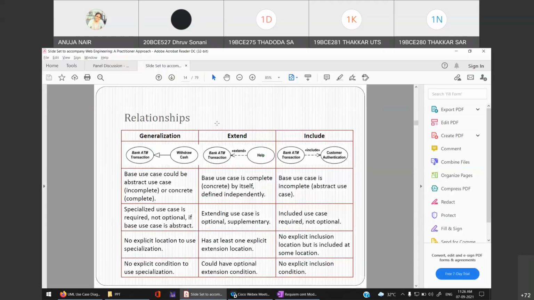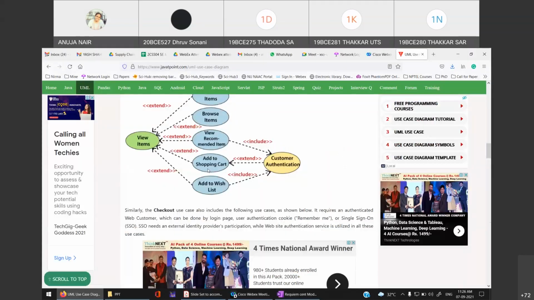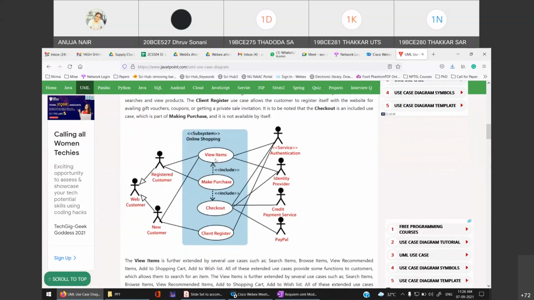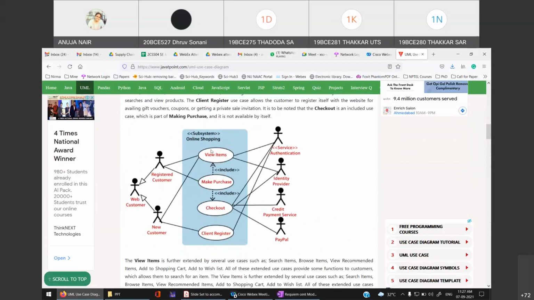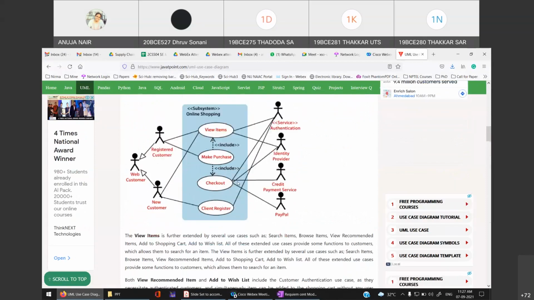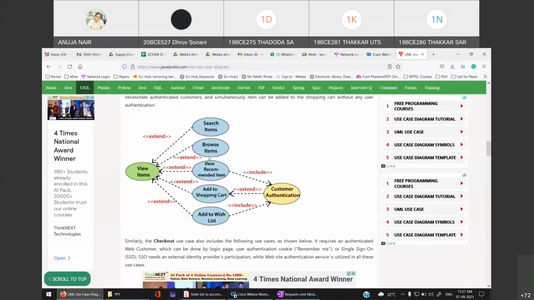Now if we go back to our diagram, which we were talking about yesterday. We were here, right? At view items. And then I said that in view items, you can have multiple options, right? You can search for an item, you can add to shopping cart, you can add to wish list, you can view recommended items. So can you see everything is extends now? Because all are not compulsory. So whenever I am performing this use case, view items,